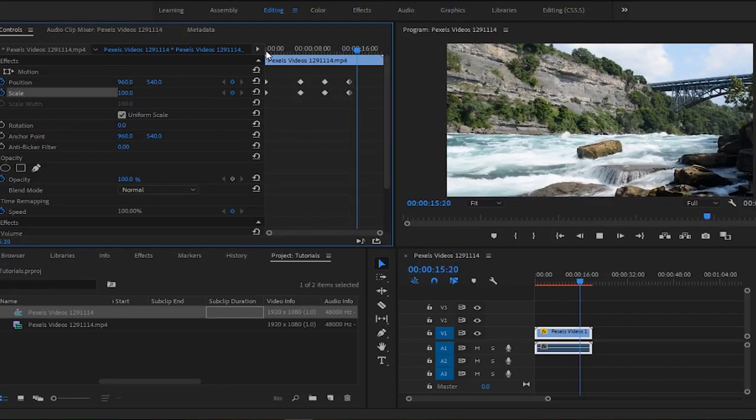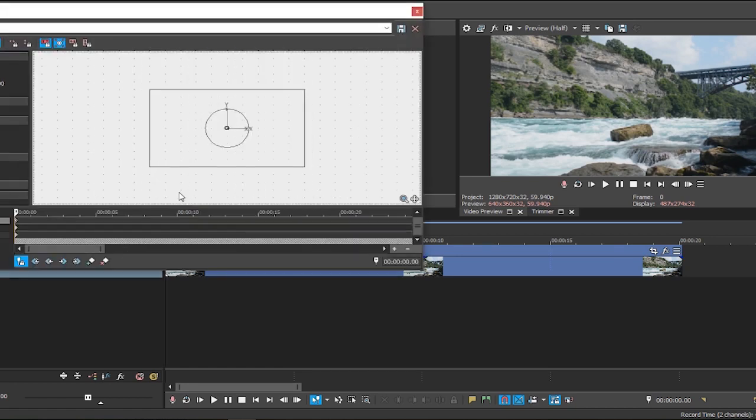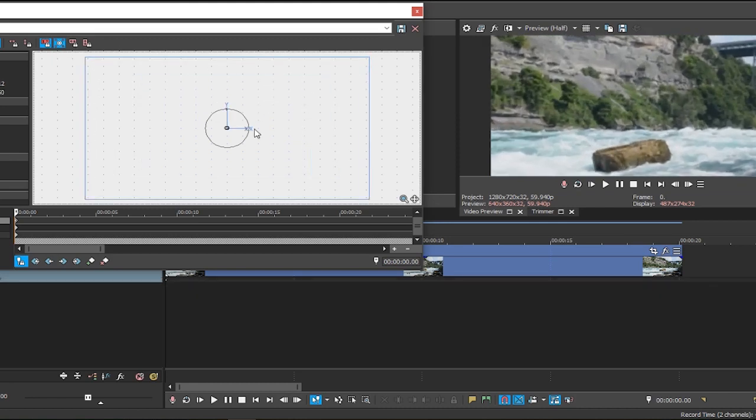Now let's go over to Sony Vegas. Okay guys, now that we're in Sony Vegas, what you're going to want to do is click on track motion. Make sure locked aspect ratio is locked, and then scaled about center is locked, and then just zoom in on the rock